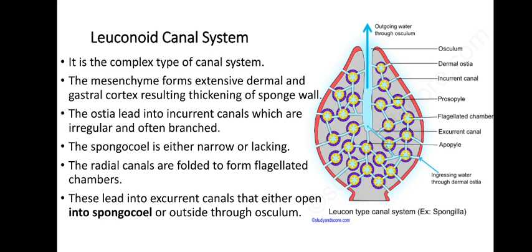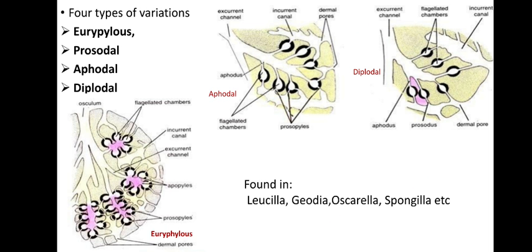And here the course of water is: the outside water enters into the body first through the dermal ostia, into the incurrent canals. From there, it is passed to the flagellated chamber through prosopyles. And from the flagellated chamber, it goes to the excurrent canal through apopyle. Pyle refers to opening. From the excurrent canal, it passes to the outside through the osculum. So this is the course of water in case of a leuconoid canal system, generally found in